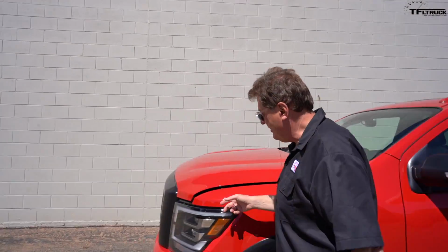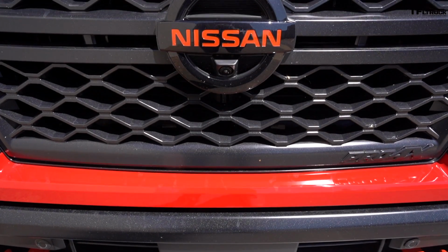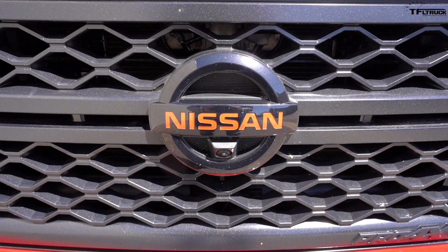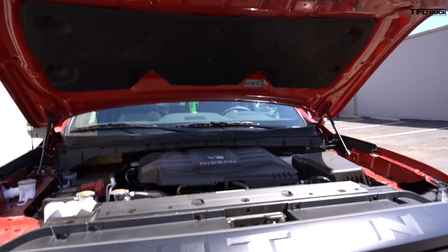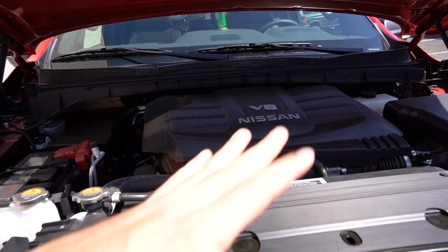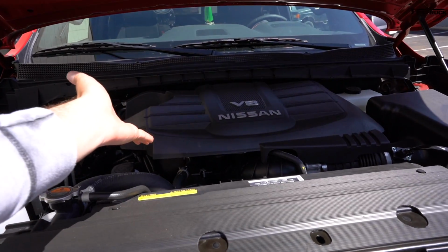But the real big change, of course, is under the hood. And once again, it's one of these little caveat things, because Nissan will tell you on their website that this is now the most powerful engine you could buy in a full-size truck. What is it, Tommy, and how many horsepower, and what's the caveat? Well, the caveat, it's the most powerful engine standard in a full-size truck. So if you want a Titan, it's going to come standard with 400 horsepower through this 5.6 liter V8, but